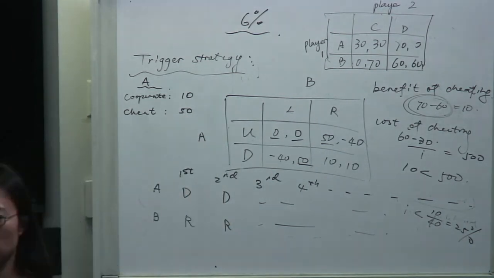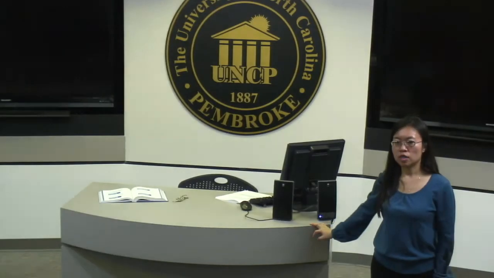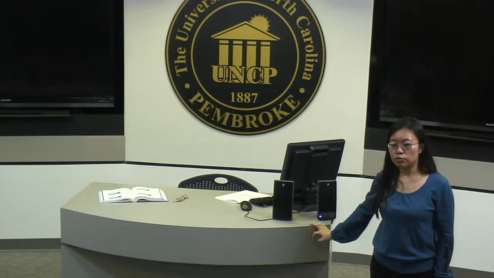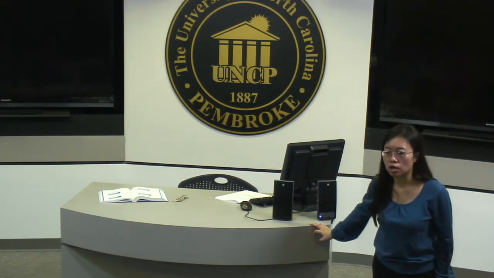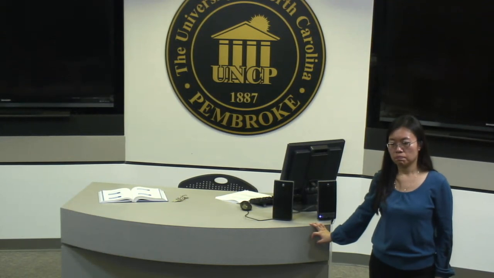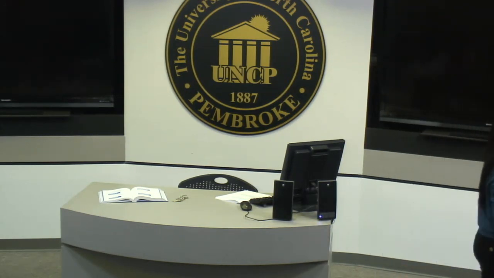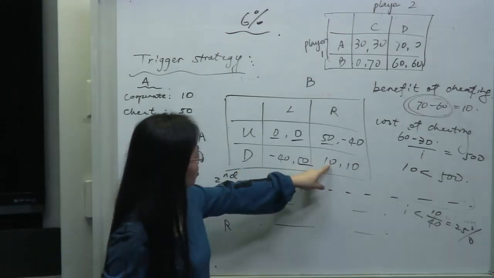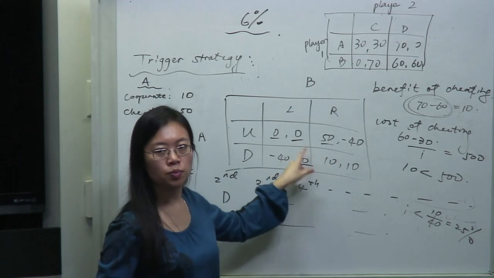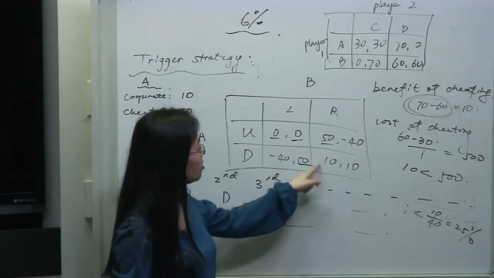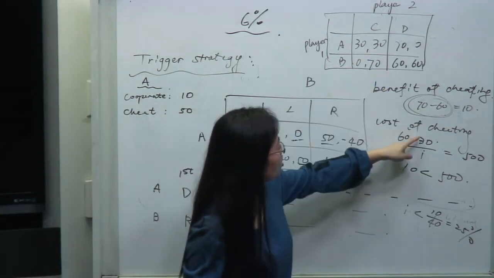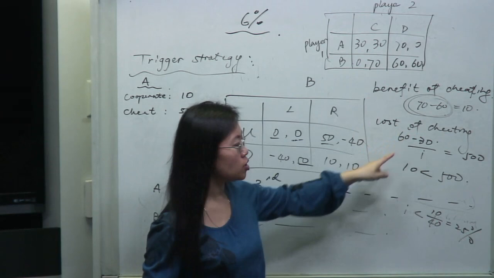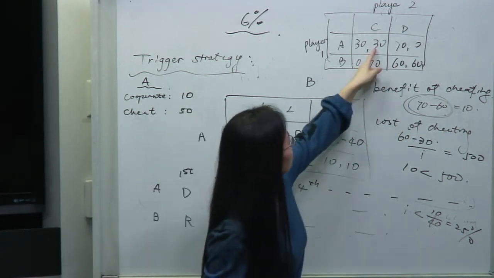What he's asking is why is it 30 forever? Because if the other guy chooses the other thing, they're going to get 0. If you cheat this round, then the next round the other guy is going to cheat, then both guys are going to cheat. Then you're going to end up with the one-shot Nash equilibrium. Going back to our last example, the cost of cheating was 10. The numerator is always the difference between these two. Got it. Okay, thank you.